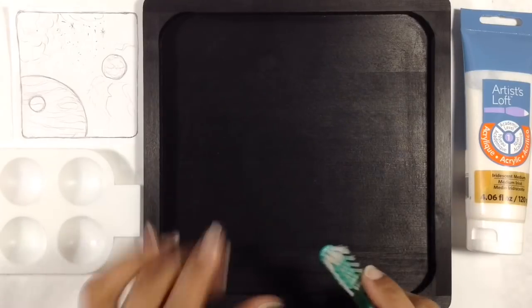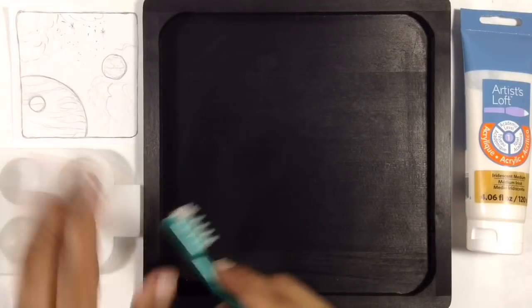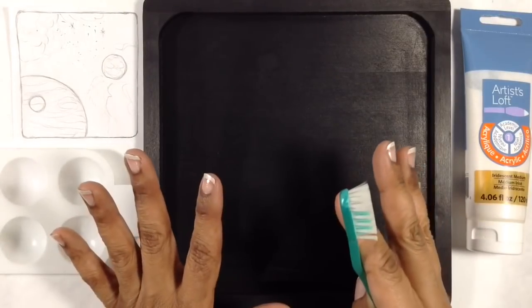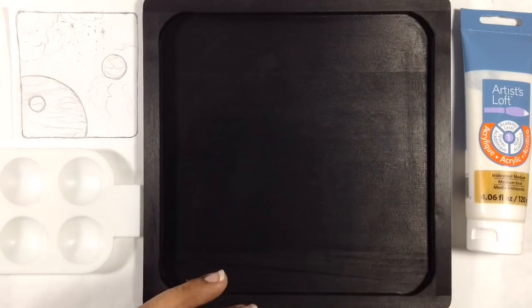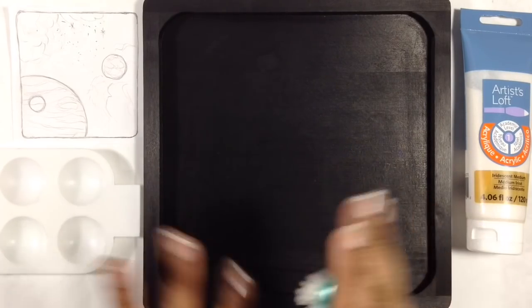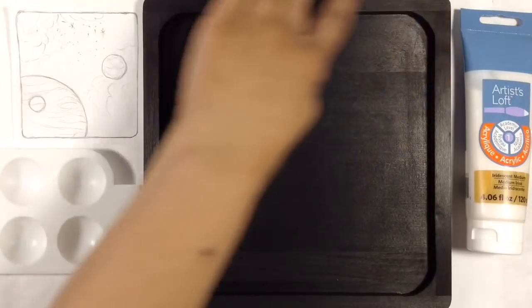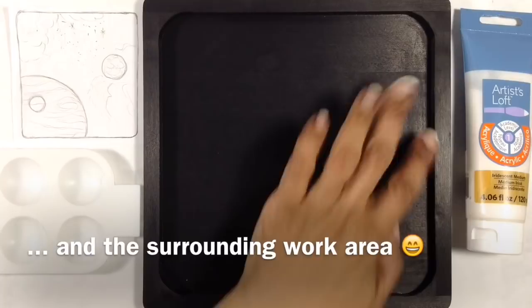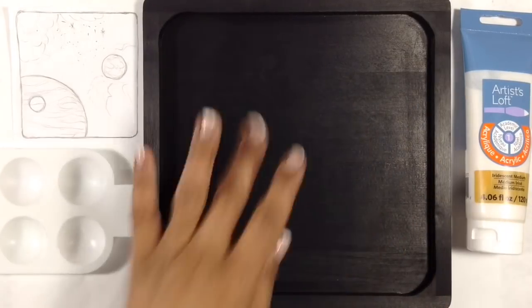If you're going to do that, I'm going to give you a couple of tips first. Practice on something just to see what the spray looks like for you. Is it too many stars? Not enough? Practice what distance you should go to see what kind of splatter you want. And also protect your frame. So cover your frame with painter's tape now. I don't need to do that because I'm not going to be